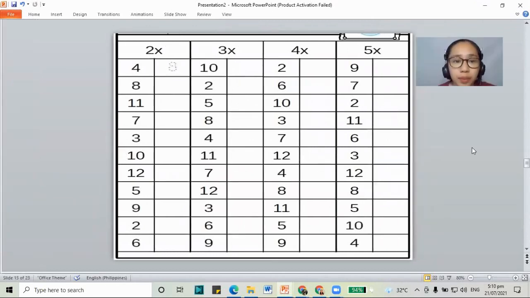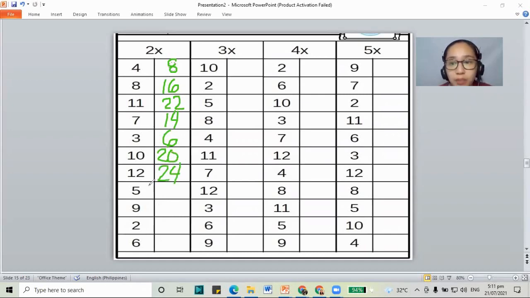Okay, let's try to remember our multiplication. If we have 4 times 2, that is 8. 8 times 2, that is 16. 11 times 2, you get 22. And even though you switch the places, 2 times 7, it will have the same answer, 14. 2 times 3, it's 6. 2 times 10, you get 20. 2 times 12, that is